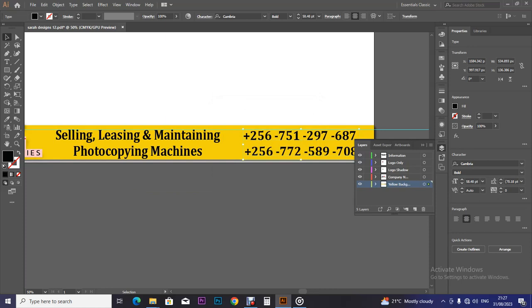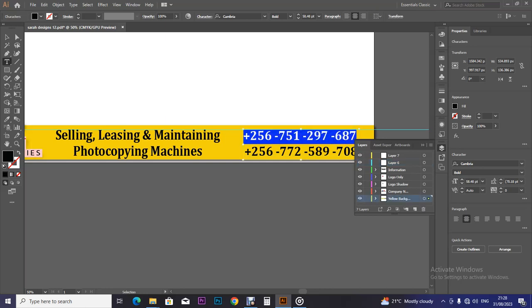Okay, so for any effect that I want to put in when animating, it requires me to form a layer for that effect. So if I want these numbers not to show at the same time, one to first come and another one to come, when I'm using Illustrator when designing, I have to make sure that these two phone numbers are written on different layers. So if I get here, then get my tool, select them, then copy. I think that, then I remain with this one. Now on this other layer, I Ctrl Shift V,